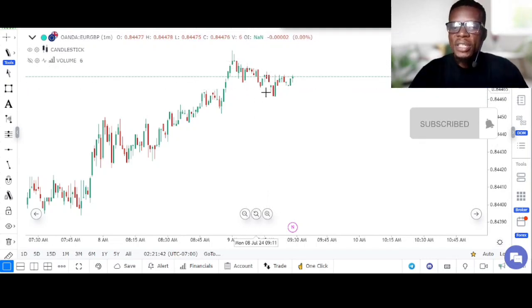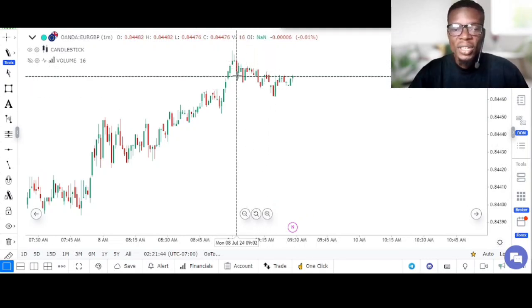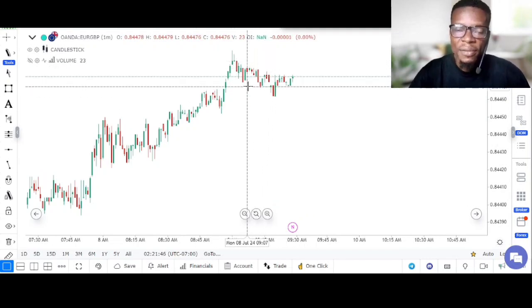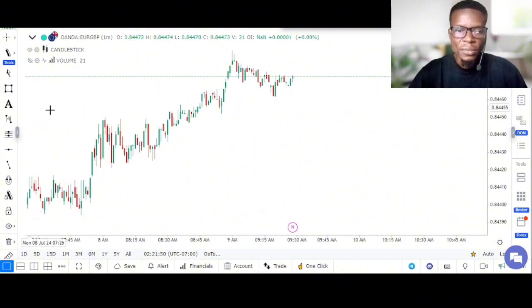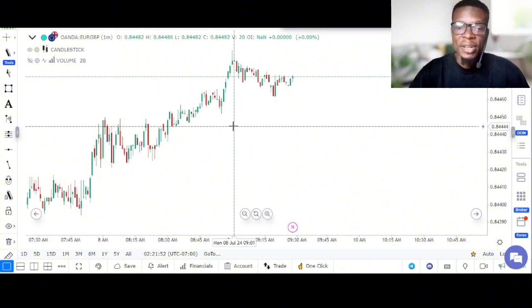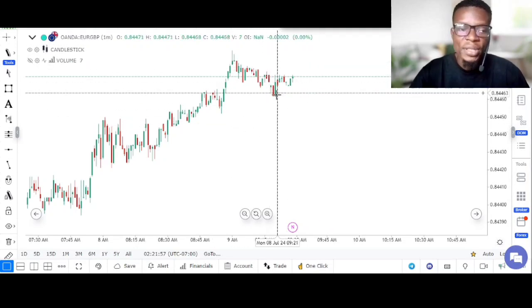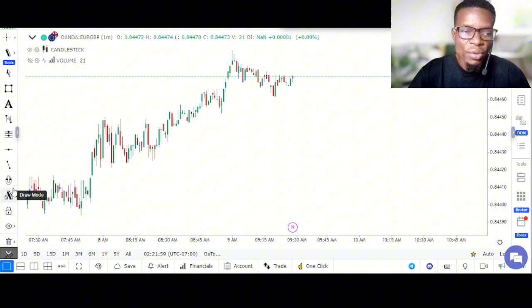Now, when you see that the price is retracing properly, you want to draw your trend line because those are the entry levels. Those are the key levels. Those are where you want to be entering your trade. So how do we do this? We want to be applying a trend line, and we are going to be connecting all the resistance levels together that we can possibly see on the chart. So we'll be using this